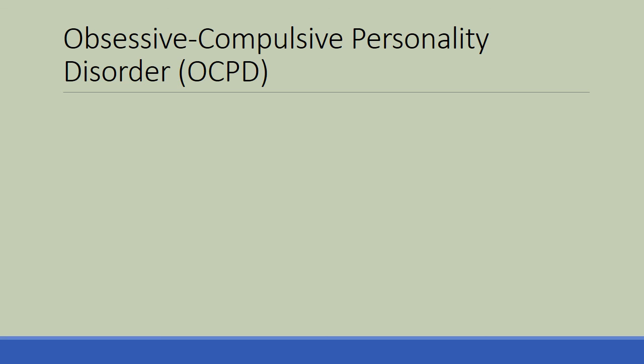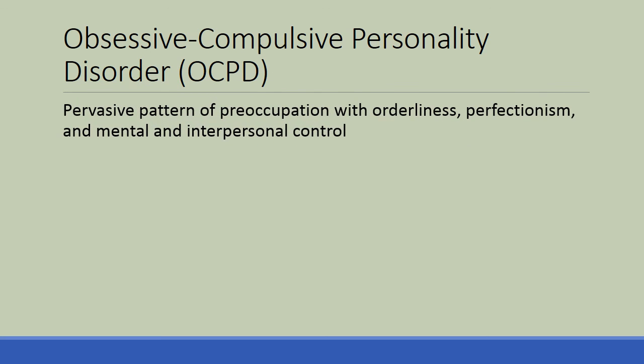I'm going to conclude this presentation with a look at the final diagnosis in Cluster C, obsessive compulsive personality disorder. It's characterized by a pervasive pattern of preoccupation with orderliness, perfectionism, and mental and interpersonal control. These individuals define their self-worth in terms of work productivity, for example. These individuals are not looking for approval for their work accomplishments, but they throw themselves into their work at the exclusion of social relationships. Although self-control, perfectionism, attention to detail, and perseverance are highly valued in many societies, these individuals carry these traits